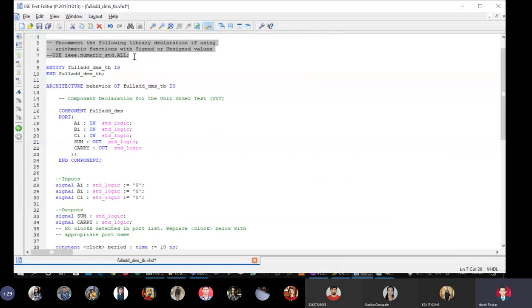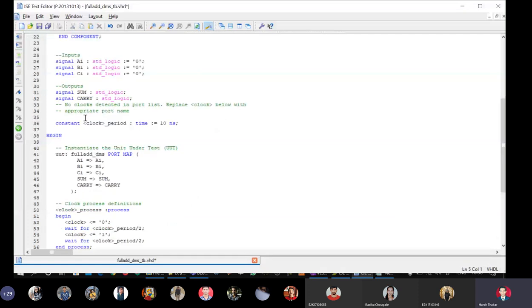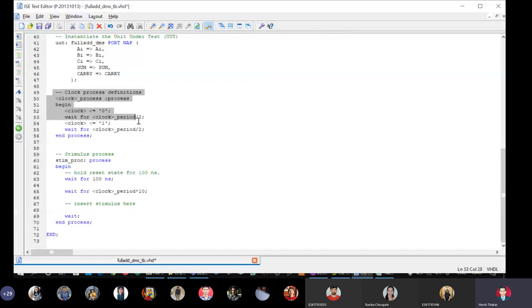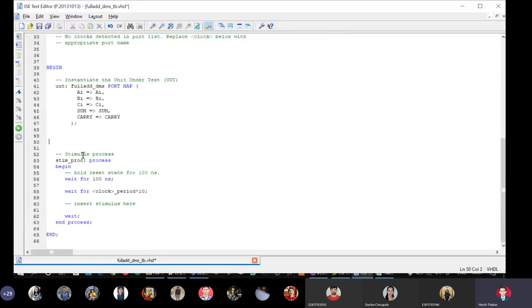Delete. My system is not having any clock, so delete the clock period statement. Delete the clock generation process, and here we'll convert this into the process for the first input AI.